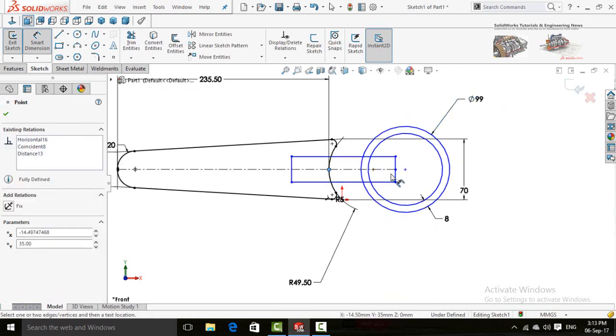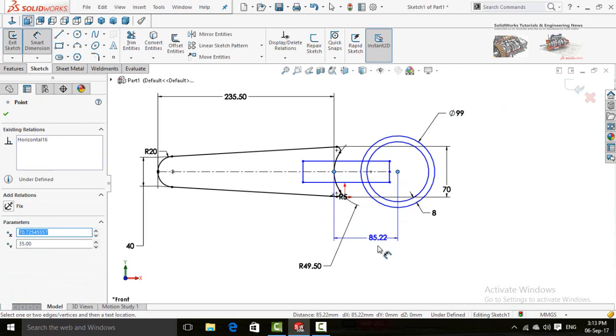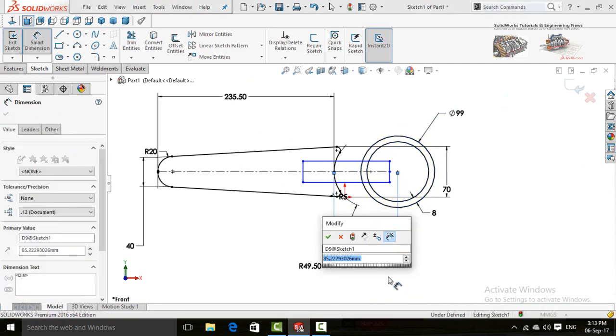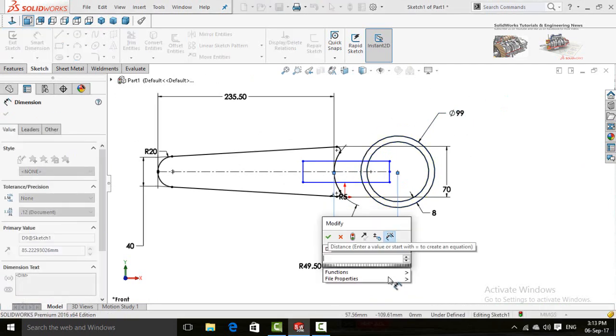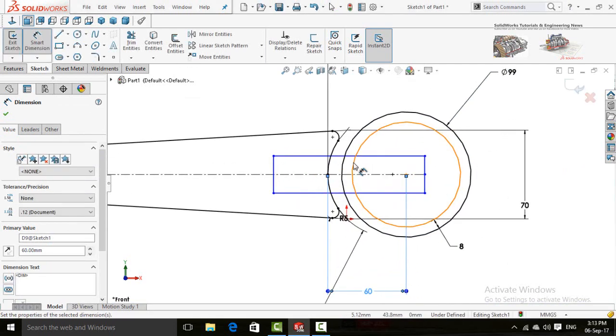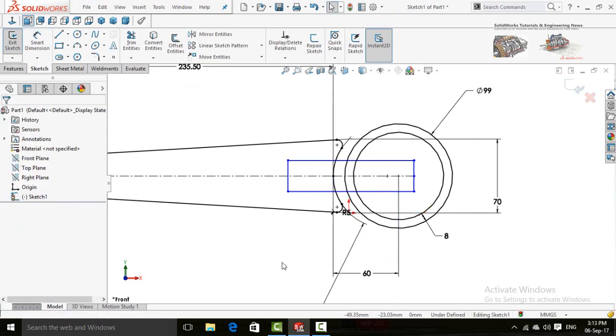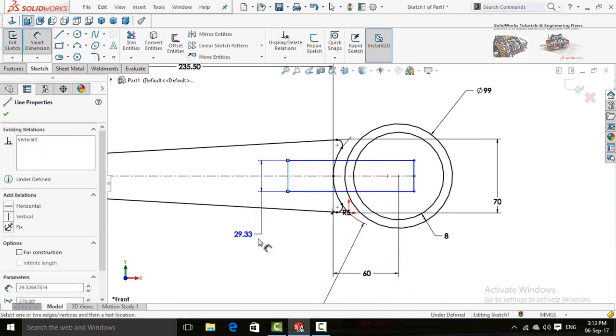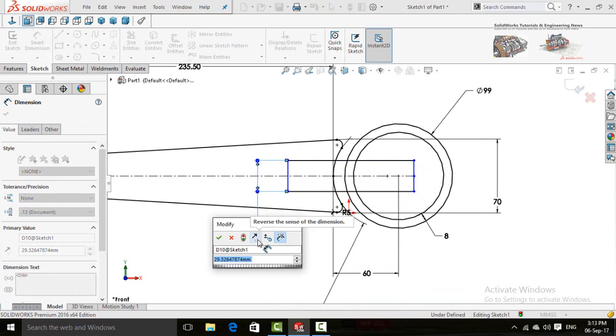Now the distance from this point to the center of circles, which is 60 millimeters. At this dimension 15 millimeter.